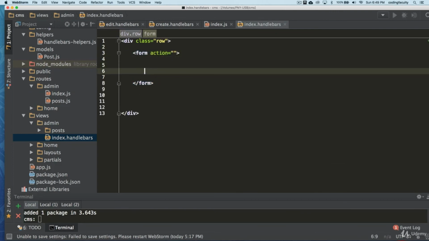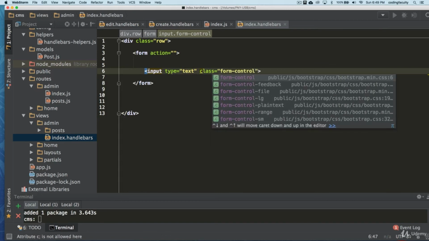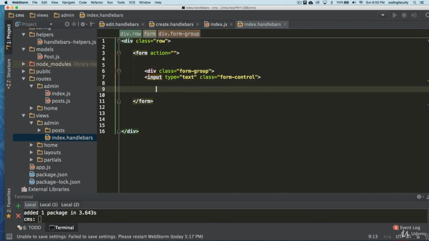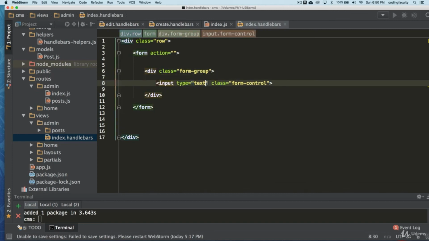This form is going to have an input inside with a class of form control. Let's put this in a form group. This is improvising, guys. And type, let's make it a number.